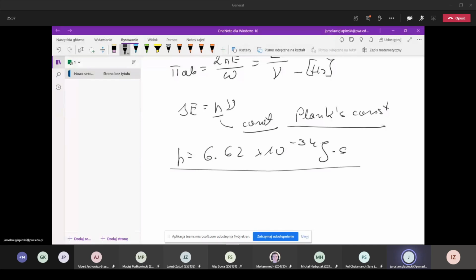This is a very important constant because we can correspond it to the energy of everything, of atoms, of wavelength, of electromagnetic fields. Everything behaves similarly. So we can describe the energy of, let's say, the electromagnetic field